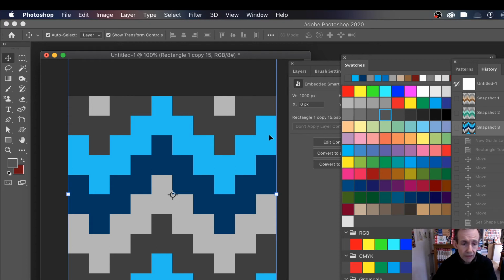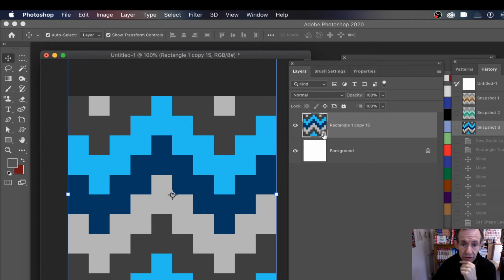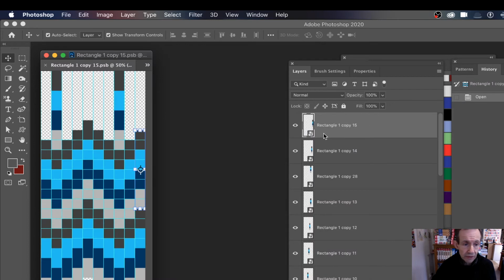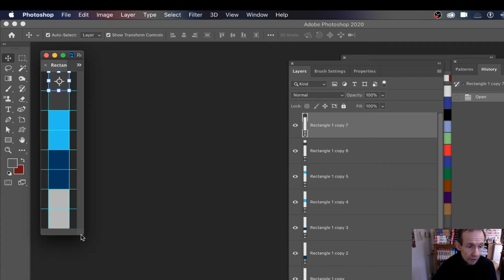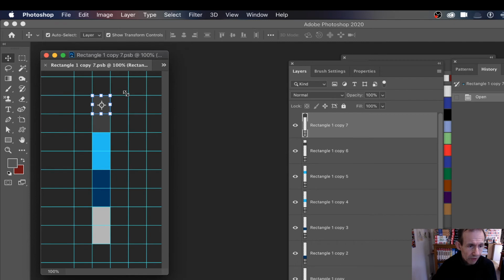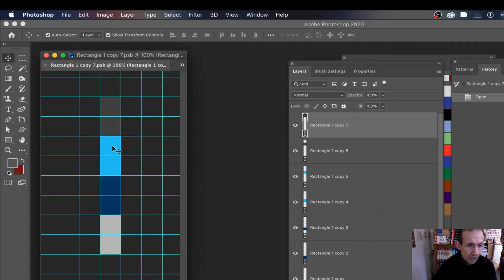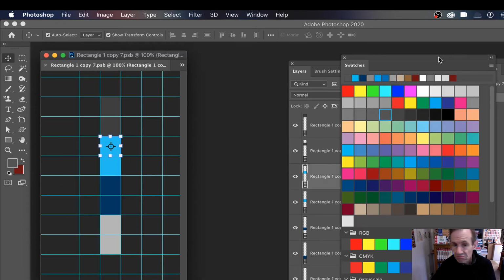Of course, if you want to recolor it, say you decide, you know what, I don't want the blue and things. Of course, you can now, because it's smart objects, you can go to layers. You can always double click on there, and then you will go into here, and you will see the design there. And you can double click there as well. And then you can say, well, you know what, I didn't want that colour scheme. Actually, I wanted that to be